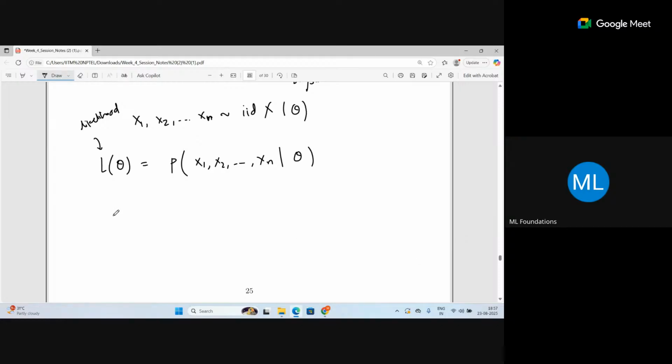I think I will not go into the stats details, but basically it is the product for i equal to 1 to n. We anyway will learn about all of this again in MLT if you have not done MLT already, so it is discussed properly there. So this is f_Xi of xi given theta. So what is it? It may be the probability mass function or probability density function.